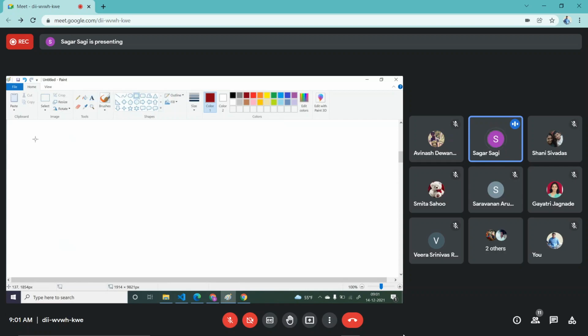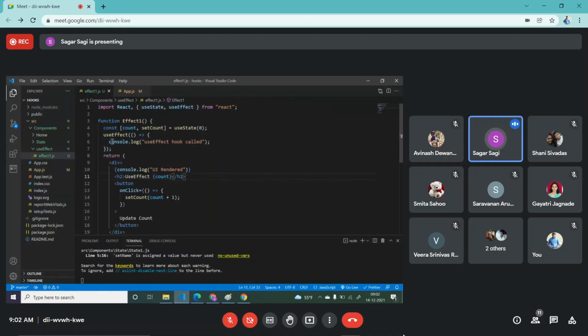If my component is loaded, I want to send one request to a server without doing any action on this component. For that I have to take the help of lifecycle methods, in that componentDidMount, because the first time my component loads, that time only I want to send the request. So that network call logic we are going to write inside this callback function.